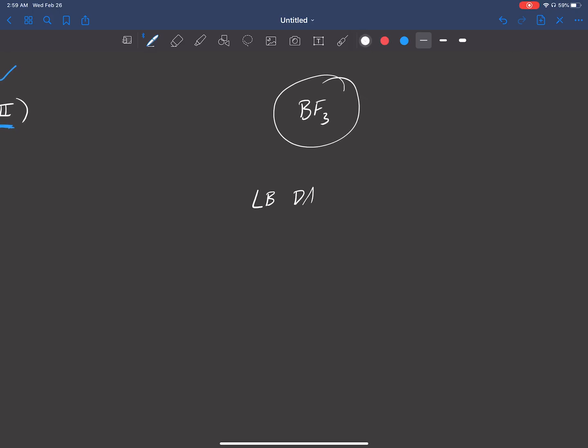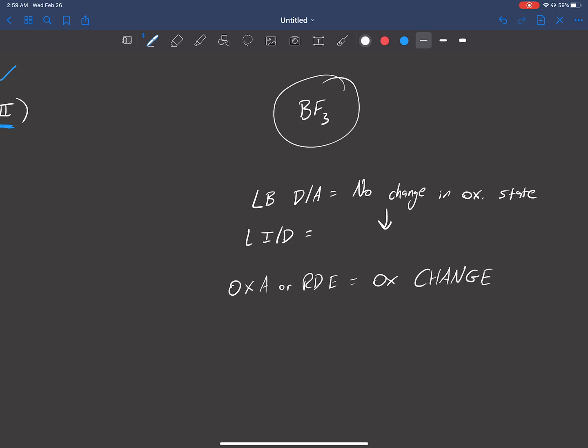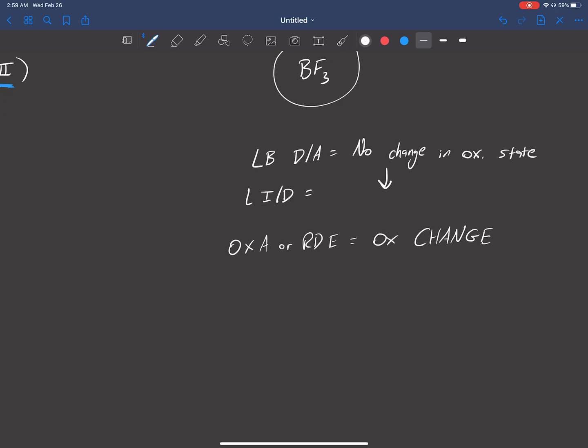So when you're talking about Lewis base dissociation / association, no change in oxidation state, right? But my electron counts can change because I'm adding new ligands or taking them away. In my ligand insertion / deinsertion, again, no change in oxidation states, but your electron counts can change. In my oxidative addition or reductive elimination, oxidation states change. Your number of electrons change. Ligand number changes. In my oxidative coupling or reductive decoupling,